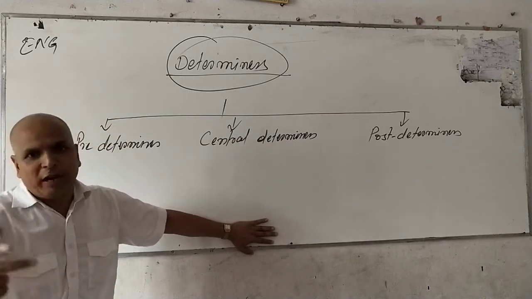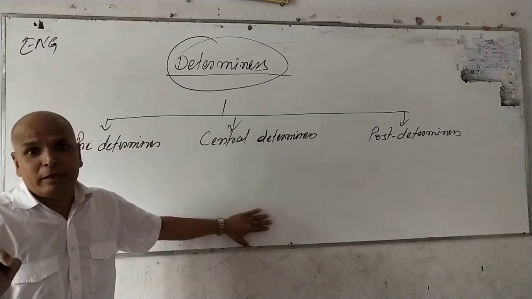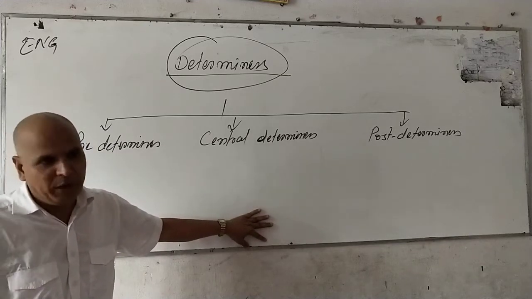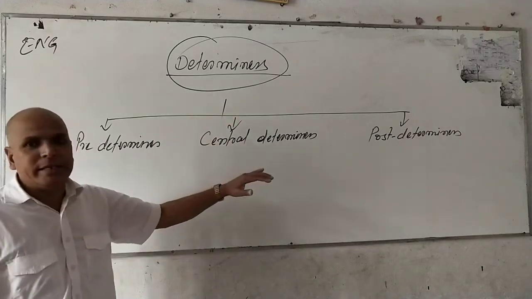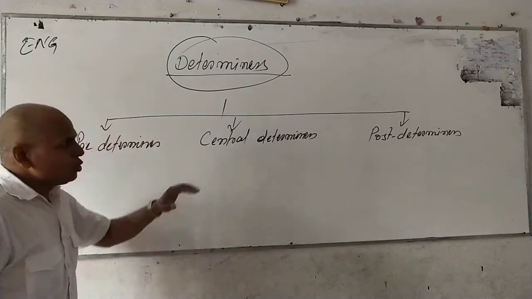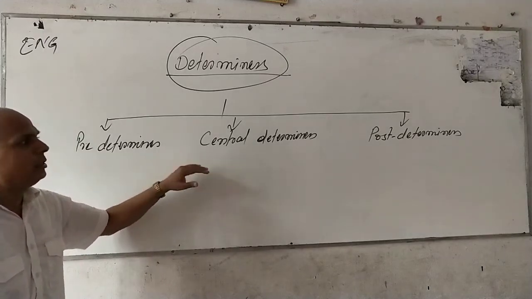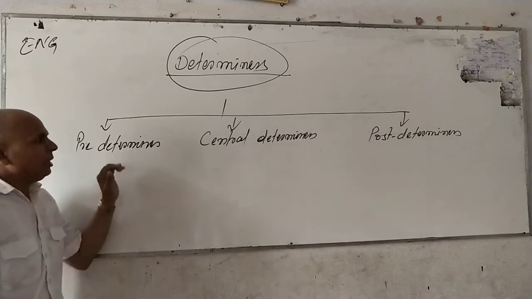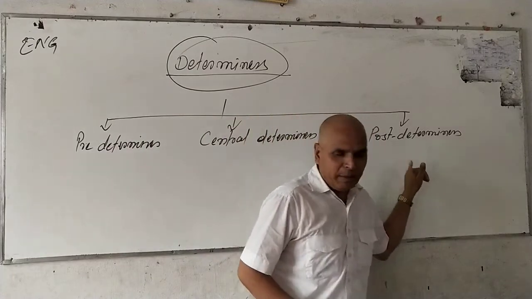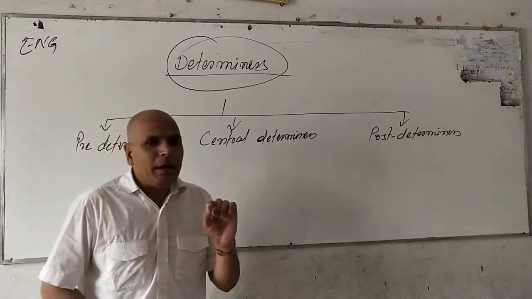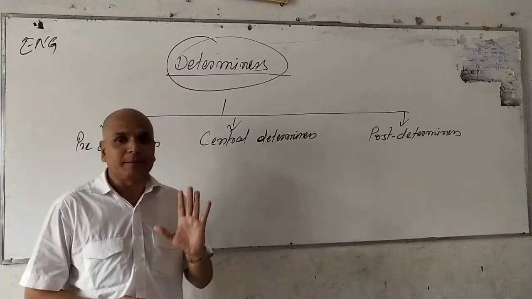But the question comes: why have we categorized determiner here in 3 categories? If you go through the books, you will find somewhere 5 types, somewhere 4 types. So the types of determiner have been done in different books in different ways. But here I am categorizing the determiner in 3 categories. What is the reason for it? First of all, I would like to disclose the fact behind getting 3 types of determiner: type 1 pre-determiner, type 2 central determiner, type 3 post determiner. There is a very easy answer to it if you have gone through video number 1 of determiner.